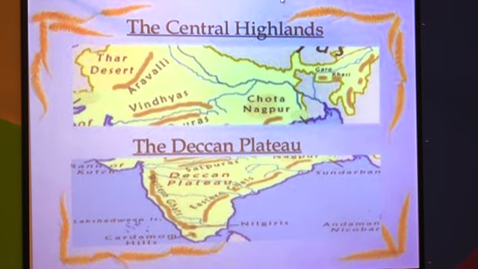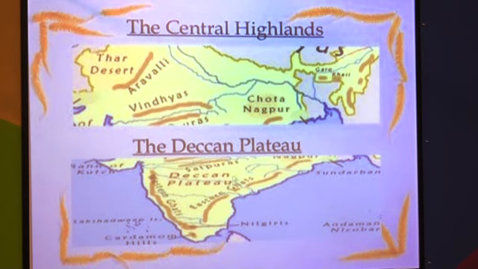The Vindhya range is bounded by the Satpura range on the south and the Aravalli on the northwest. The further westward extension gradually merges with the sandy and rocky desert of Rajasthan. So when we observe here, see some small peaks are here, Vindhya Parvat, Satpura Parvat, Aravalli mountain range, Chota Nagpur plateau. These are very common features found in the central highland area. And when we observe our Deccan plateau, Eastern Ghat, Western Ghat, it's very common.